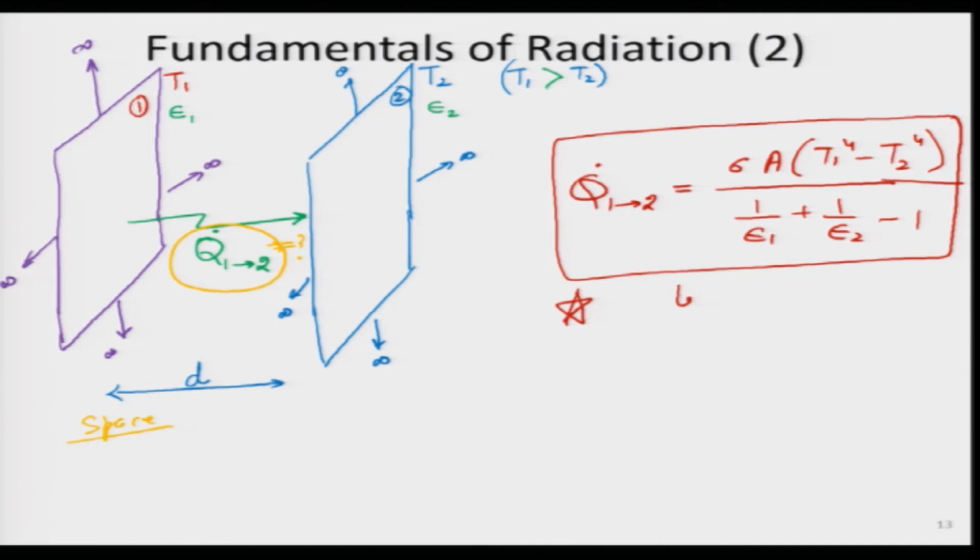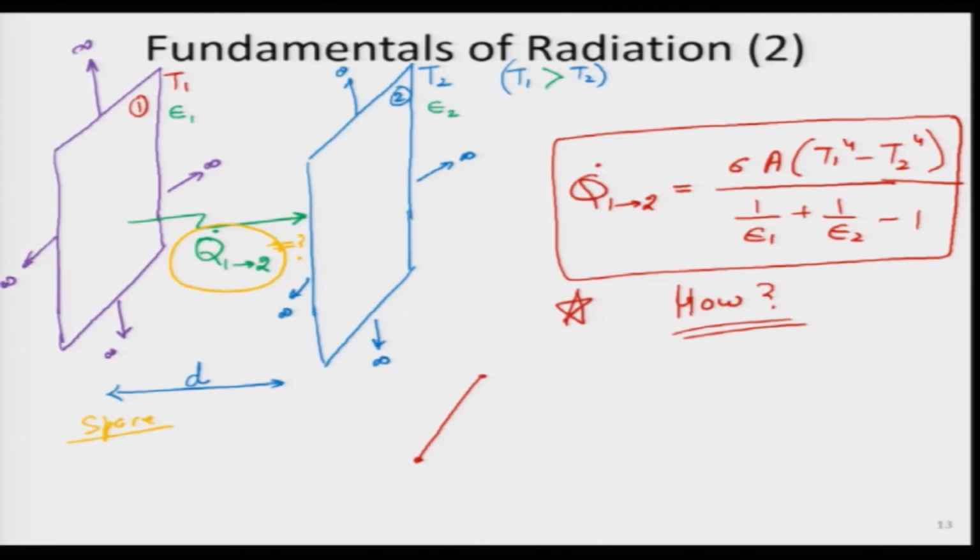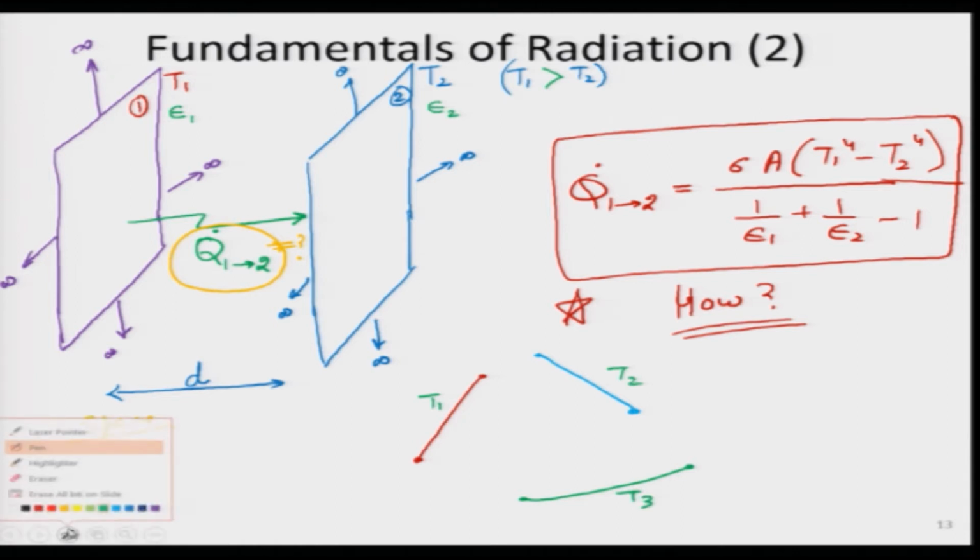So, the question will be how do we obtain expressions like this. This is what we will learn in this particular course. Things like what is the definition of emissivity, why do different materials have different emissivities. If I keep two different materials or even three different materials, I would even later on create the problem in such a way that there could be three different surfaces. So, red surface, blue surface and the green surface over here. This is at temperature T1, this is at T2, this is at T3, and there is a lot of gaps and space in between, like you can see there is some gap over here, some gap over here and a gap over here.